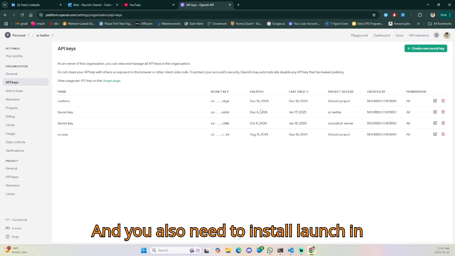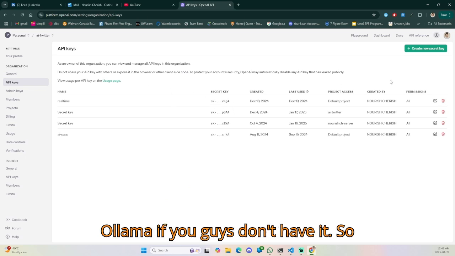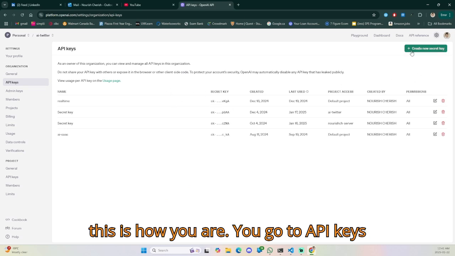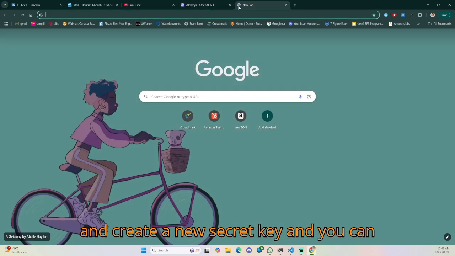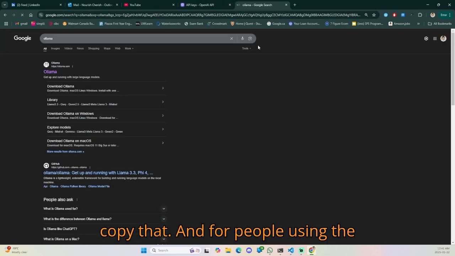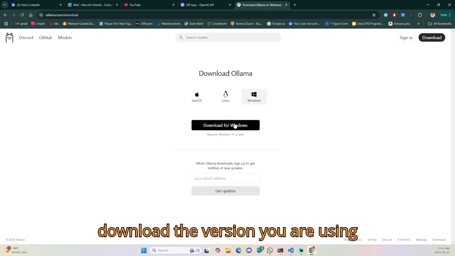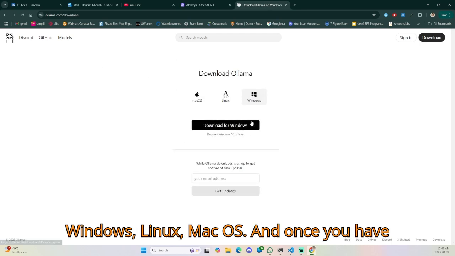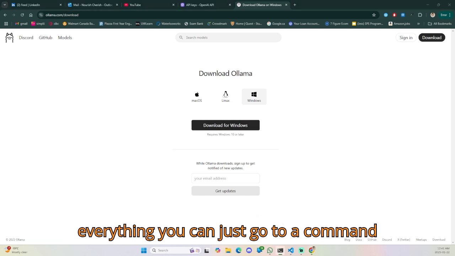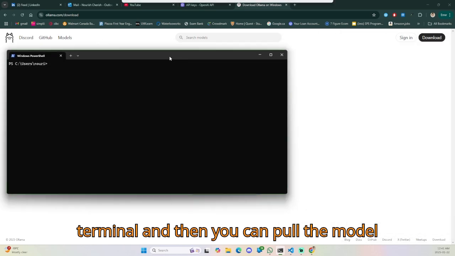And you also need to install Langchain-ollama if you don't have it. So this is how you go to API keys and create a new secret key, and you can copy that. And for people using Ollama, you can go to ollama.com and download the version you're using, Windows, Linux, or Mac OS. And once you have everything, you can just go to a command terminal, and then you can pull the